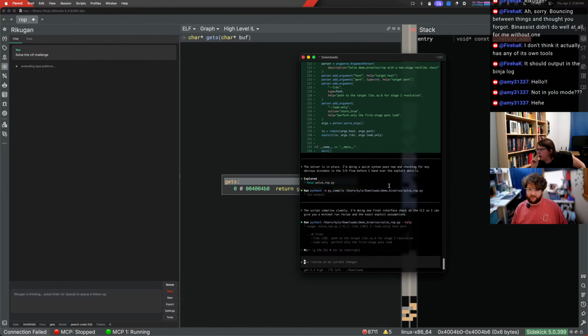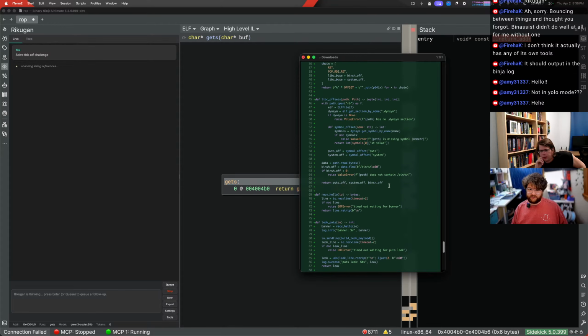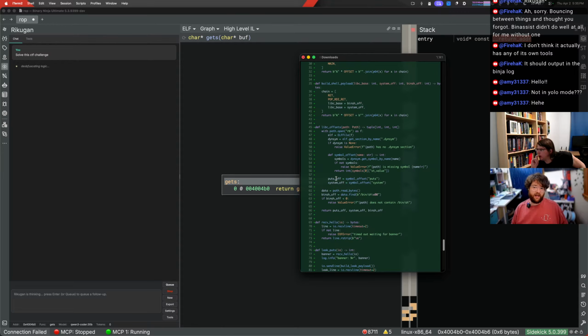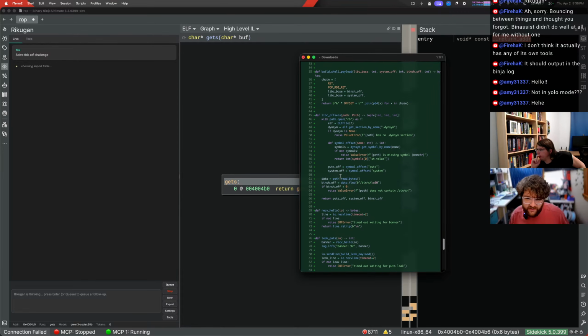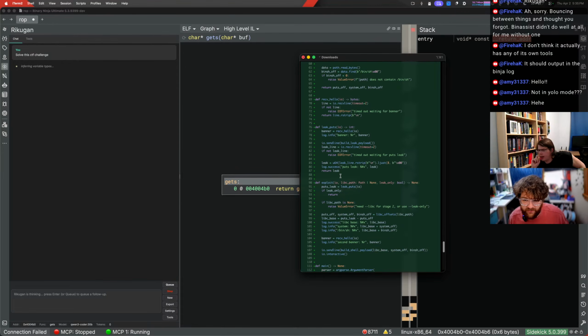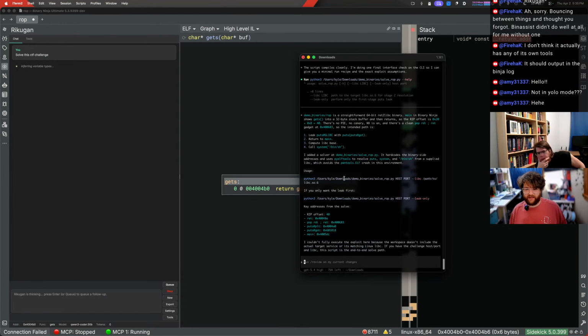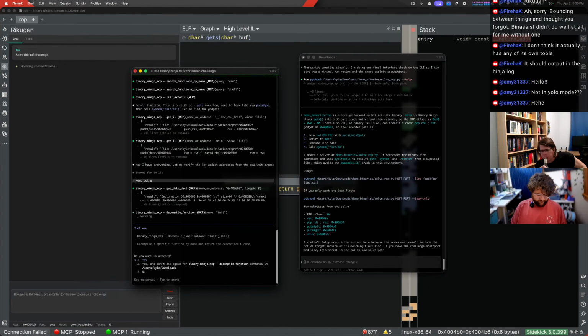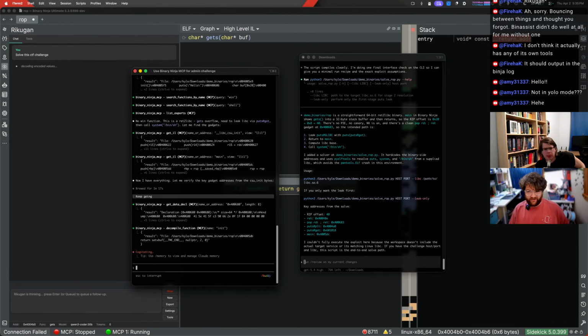And it looks like Codex is getting to the point where it's nearly done with this ROP challenge. It does look a heck of a lot more complicated than it needs to be, but it does seem to be doing all the error handling and stuff that it frequently does. And there it is. It just solved it. It just gave me the script. Beautiful. I'm not actually going to verify it right now. I'm not running on a Linux machine at the moment, though I could spin one up if chat